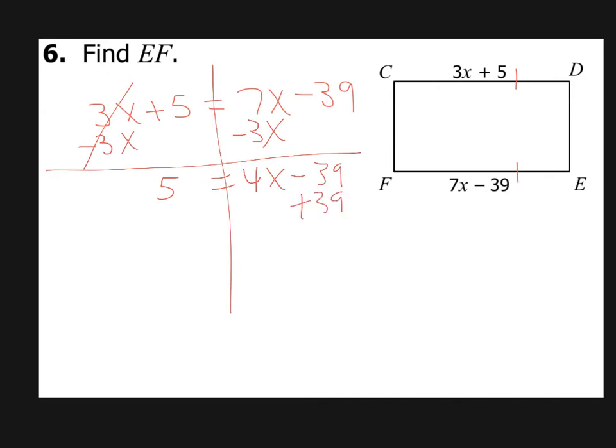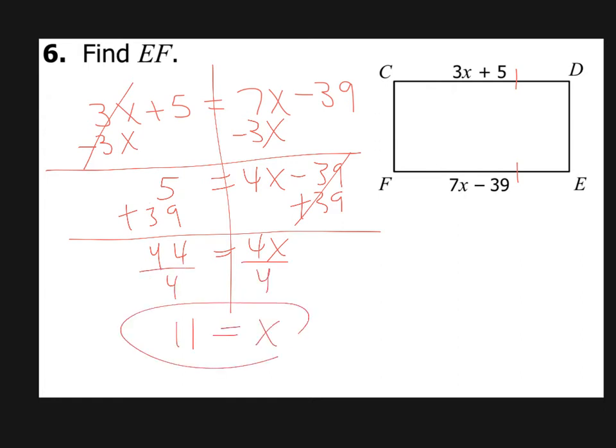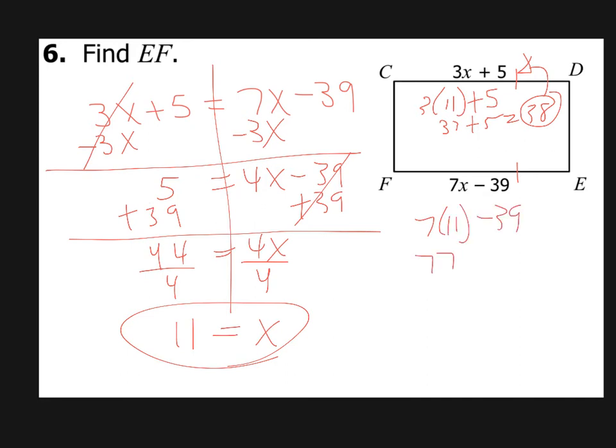And then the goal is to get everybody to one side. Constants to one side, numbers to the other side. And then isolate your variable. X equals 11. Done. It might be worth saying that 3 times 11 plus 5 is 33 plus 5, which is 38. Okay, so that's this side. And then 7 times 11 minus 39 better be 38. 77 minus 39. Well, let's see here. That's 38. Check. Sounds good. I think that x is 11